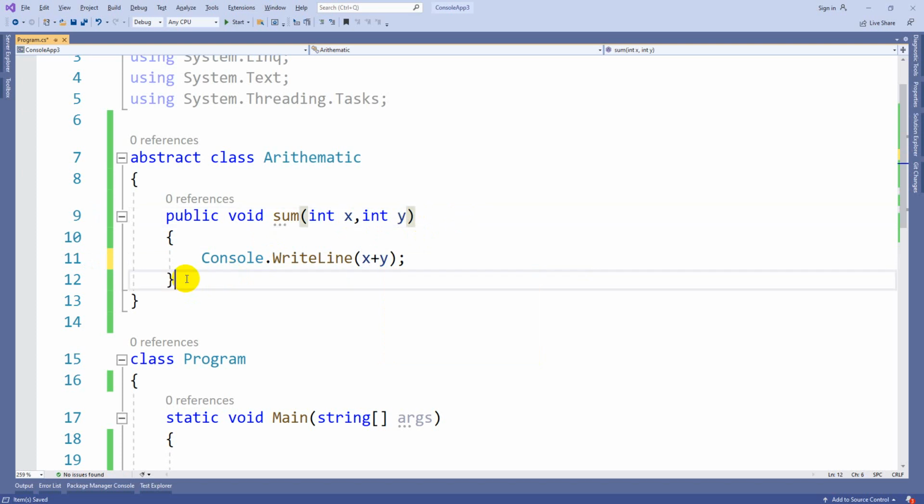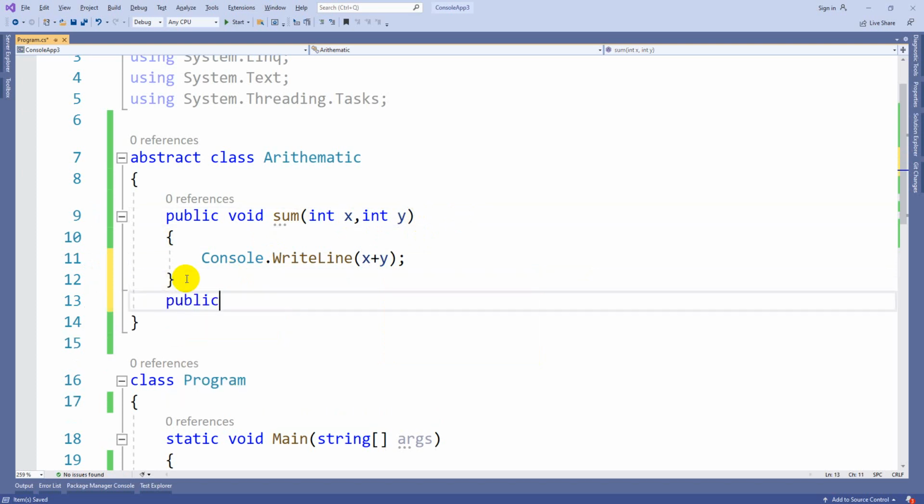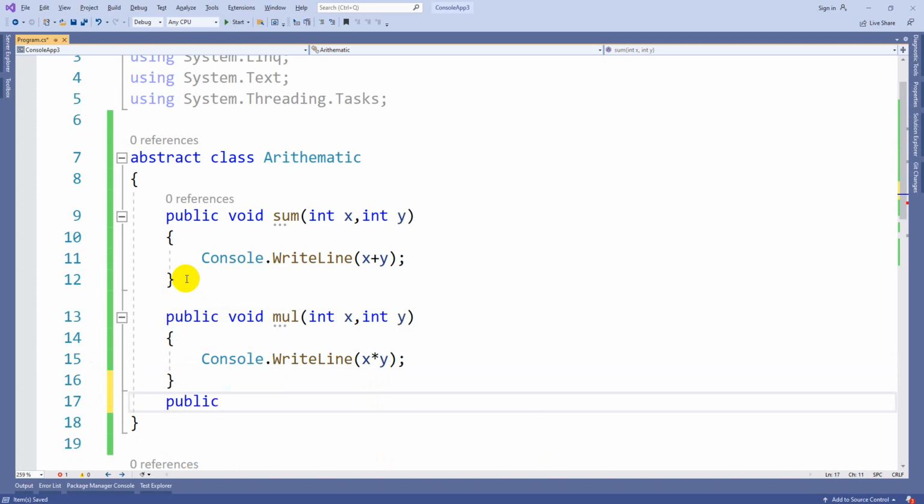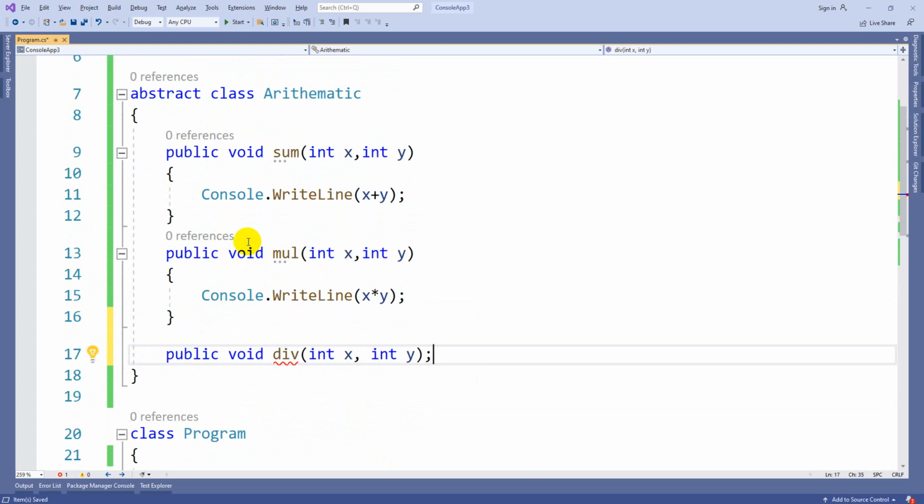Now public void multiplication with int x and int y, so console write line of x multiplied by y. But here I have public void division of int x, int y, but I don't know how to write this code. Then you can make the method abstract.